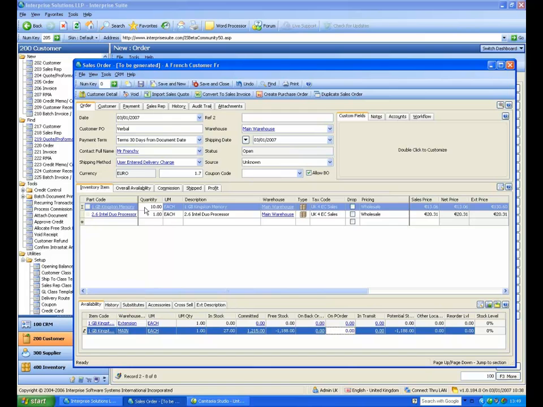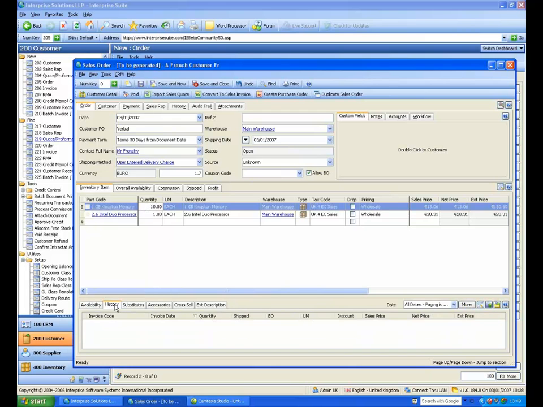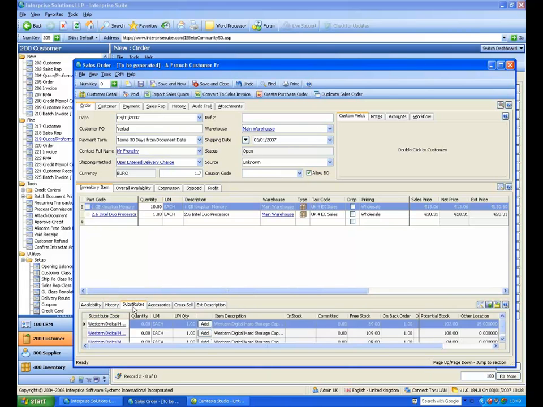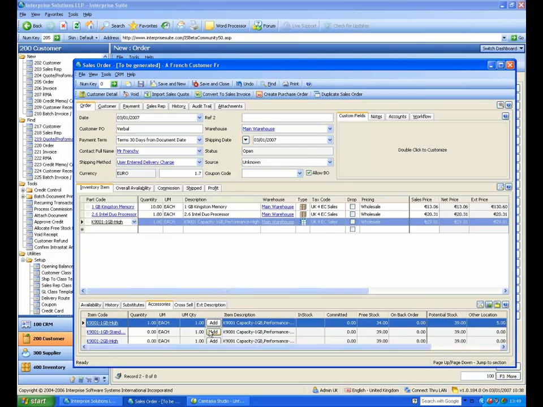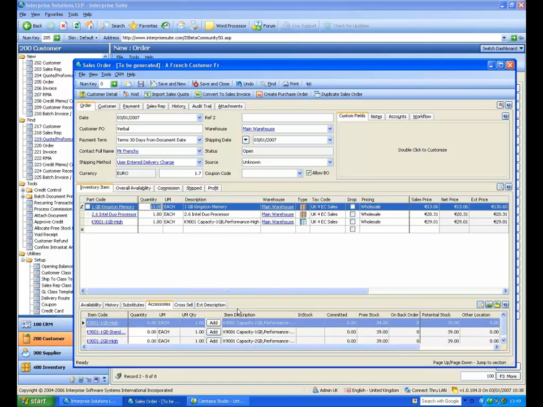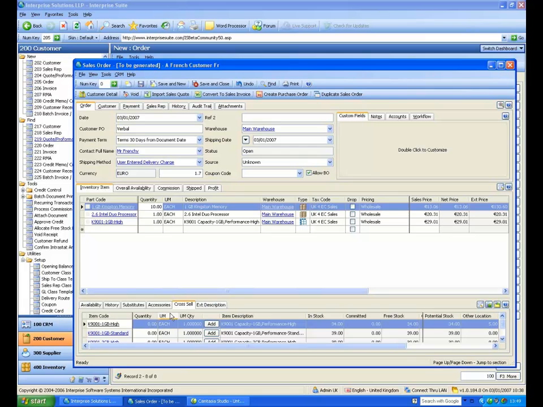Now, also, because I'm on this item line, I can see the history. So I can see, have I ever sold this item to this customer before? And if I had, there'd be some information there. Are there any substitutes for this item? Are there any accessories? So it may be that you're selling the RAM, but do you want some static gloves while you're there? So I'll say 1, add that to the order. We've also got cross-sell and upsell. What this means is we're prompting people